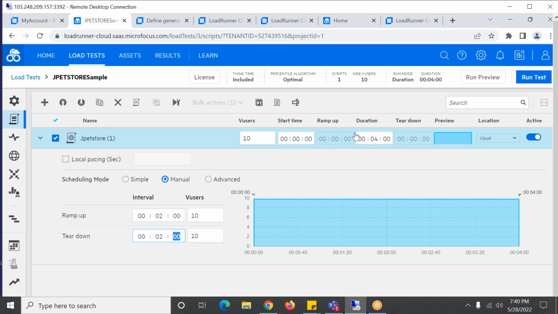Automatically the duration is calculated here. There's no duration to give here. Simple is very straightforward. And this is one option, manual.